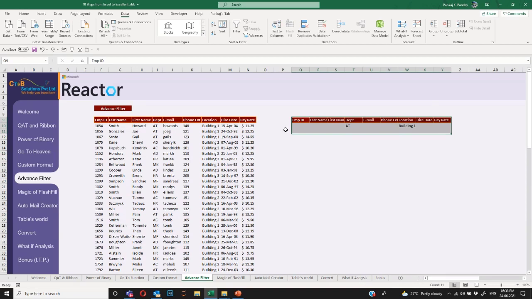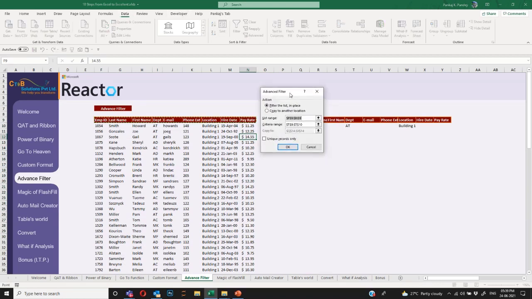It doesn't stop here. As I mentioned earlier, the basic requirement for a filter is when we want to copy the data. So similarly, what you can do in one step, rather than applying the filter in this list, is go to Data, Advanced Filter, and select this Copy to another location. So see what will happen when I do that. Copy to another location in the data.